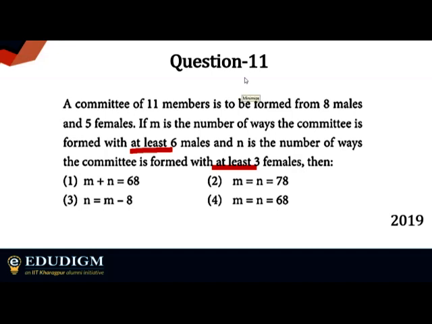Just make the cases, and as we are talking about these kinds of sums, be sure what we are doing here is at least 2 people, 3 people. These phrases which are hidden in the questions are very, very important. So I think I'll just quickly reveal the answer because it's not very difficult. Let's just see how we can solve it. In the meantime, if you get the answers, just keep on giving the answers.